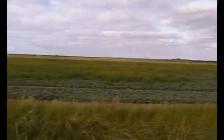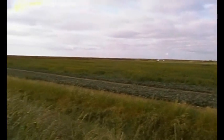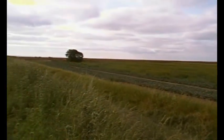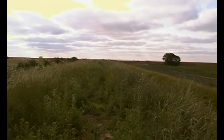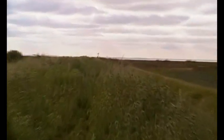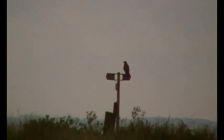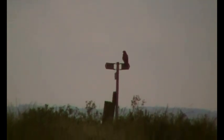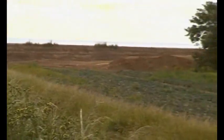and I've picked today because there's no wind. I came here a couple of days ago, and I thought it'd be alright, but no, just far too much breeze. It had been a very sunny day, or it was the start of a very sunny day. That looks like a buzzard there. I wonder how close we're going to get. But here, what I was going to say was, here